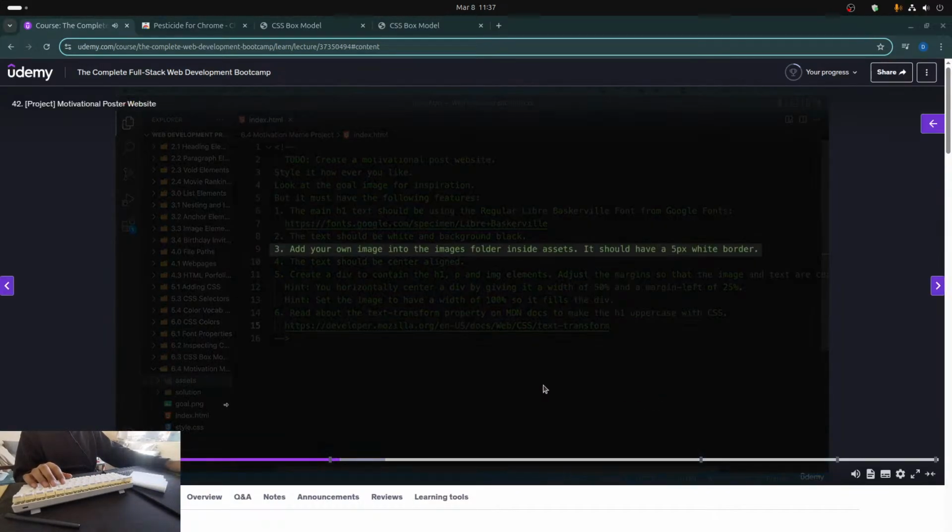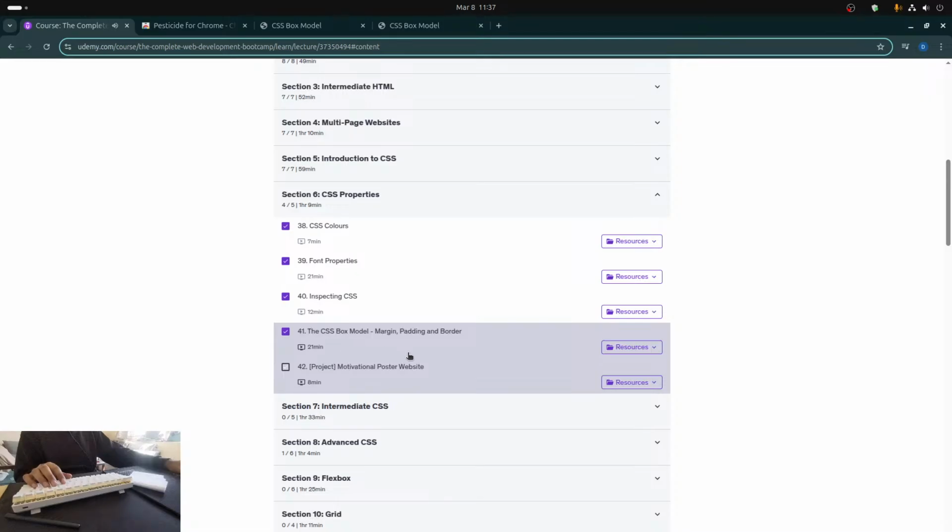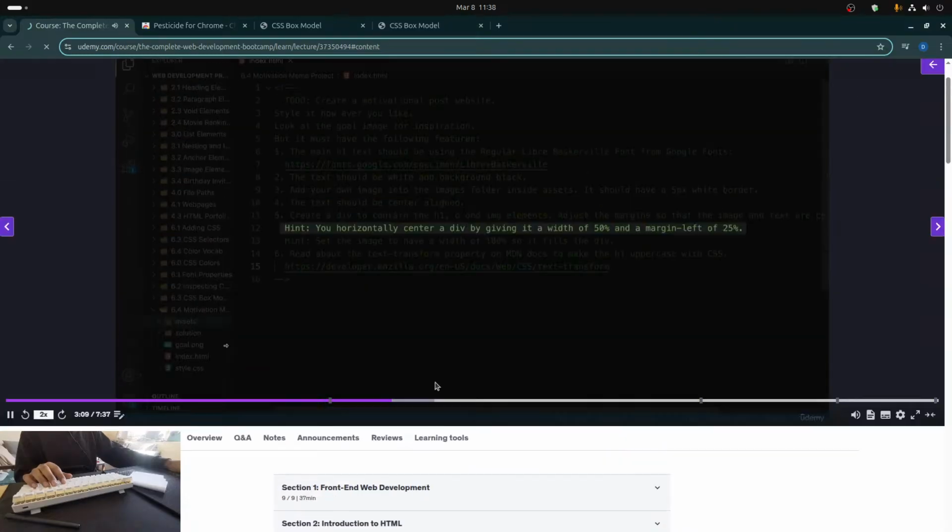And that image should have a 5-pixel white border. And the text should be center aligned, and you should adjust the margin so the image and text are centered on the page. Now, this is going to be the trickiest part because centering elements using CSS is a whole science in itself, but we're going to do it simply. We're going to horizontally center the div by giving that div a width of 50% to take up 50% of the screen. And then if you think about it, there's only